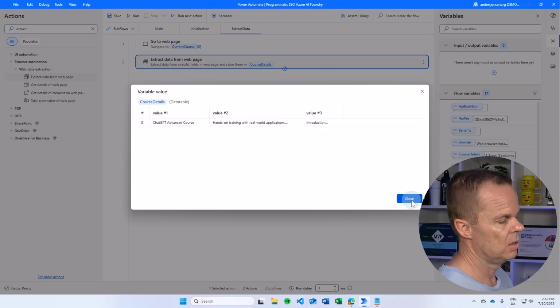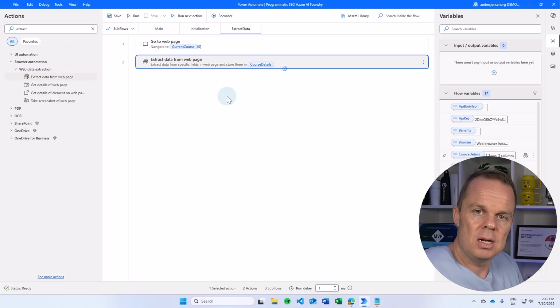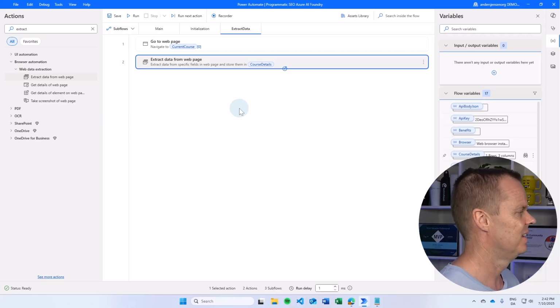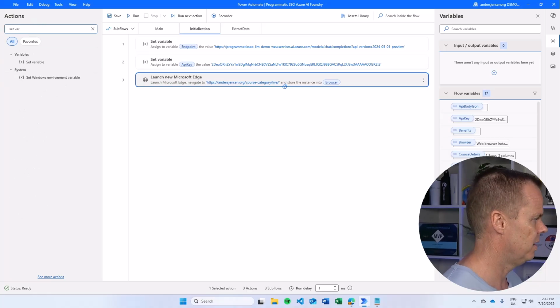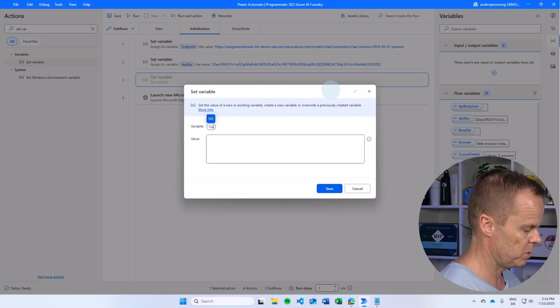Now I need to have a data table to gather all this in. So for each iteration, I want to add data to that data table. Let's create one in initialization. I will have a set variable. Have it in, I think, the third place. This will be the course